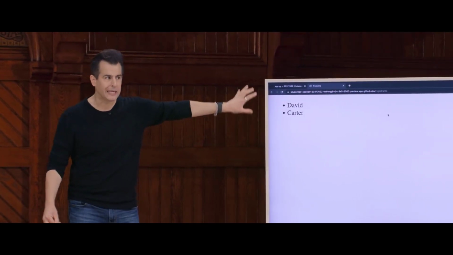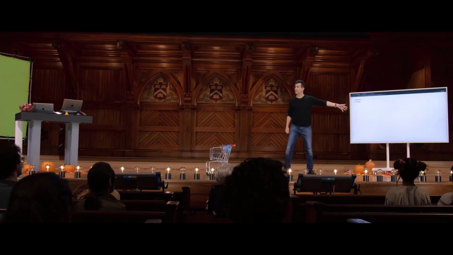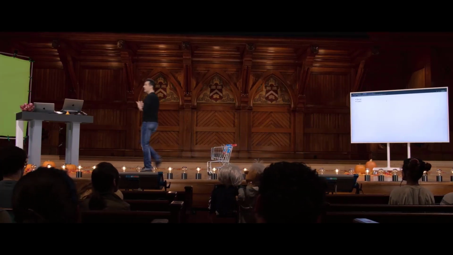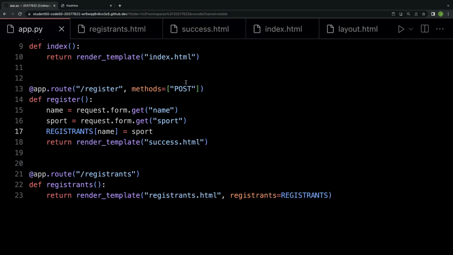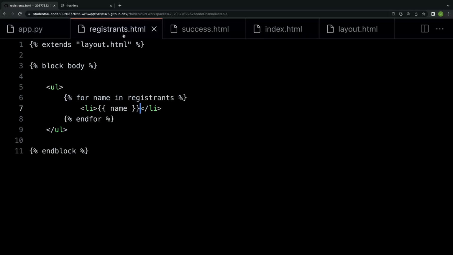Of course, we're only seeing the keys at the moment, so it might be nice to actually see the values in as well. So let me go back to VS Code, and let me go into registrants.html, and I'll just do something a little messy. I'll just say